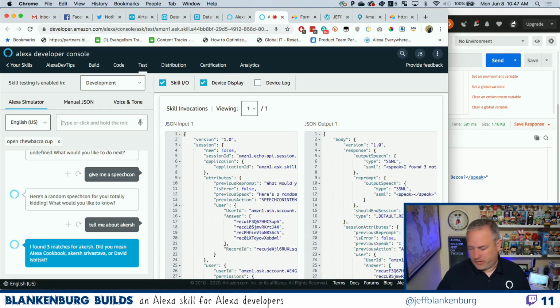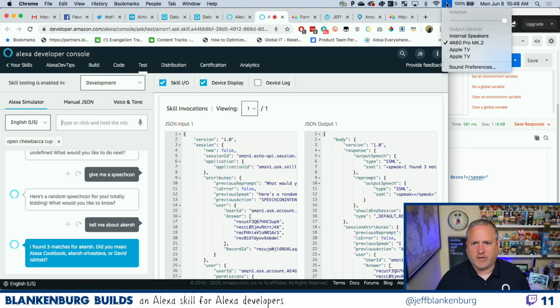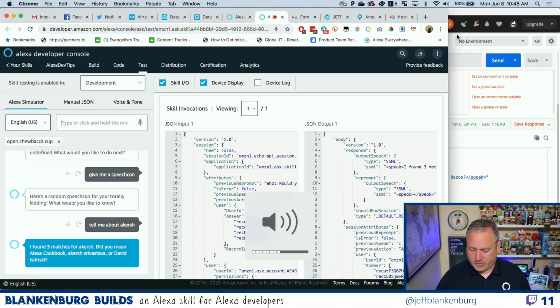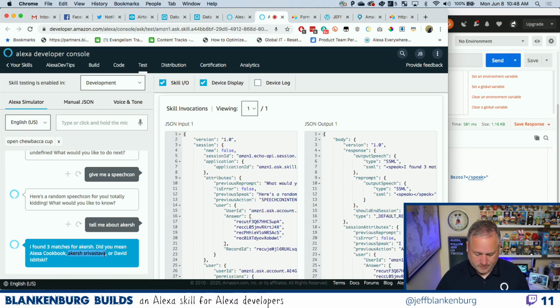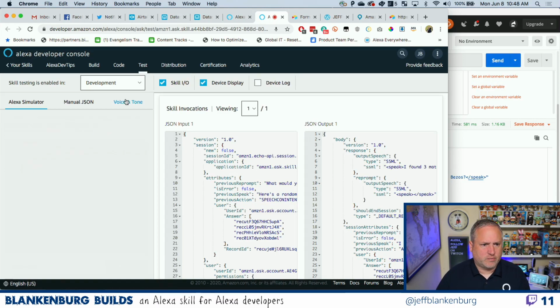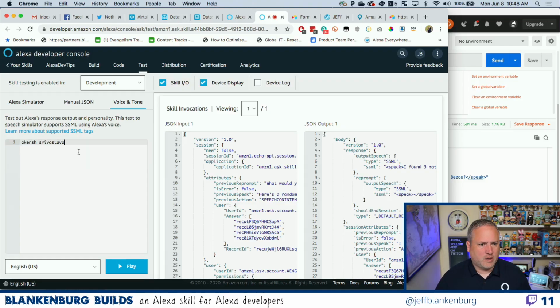But if I just take, we're gonna do this another way. I'm gonna take my audio and I'm gonna pump it out of my machine. I'll just turn my volume up so you guys can hear it. I would like to be able to hear it, and I don't want to wear headphones today. So if I take a Kirsch like this, and I go into voice and tone, this is how she pronounces his name natively. Akirsh Srivastava. Akirsh Srivastava. That's definitely not right.